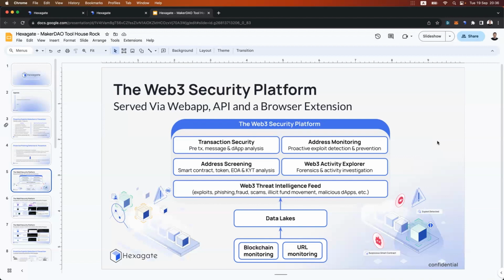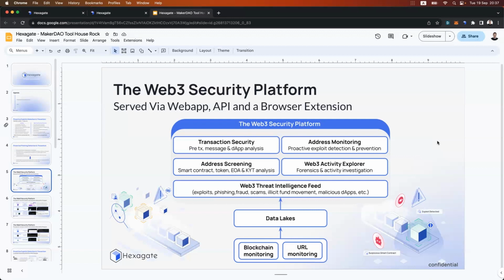It's currently used by the biggest names in the industry to protect over a few billions of dollars in the space and getting real-time alerts before anything happens. So we have dozens of protocol customers and also institutional asset managers using that component of address monitoring just by itself. Another thing that we do is address screening.